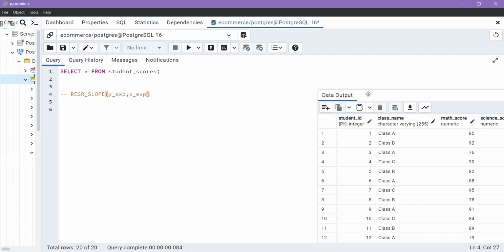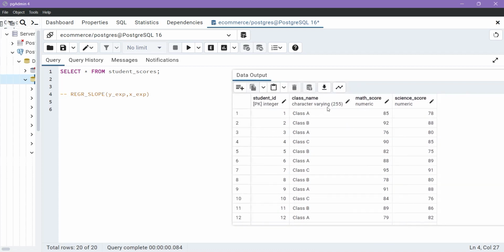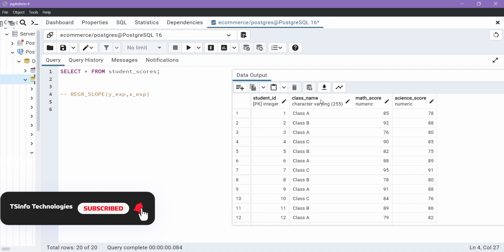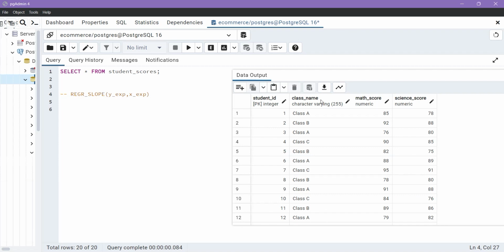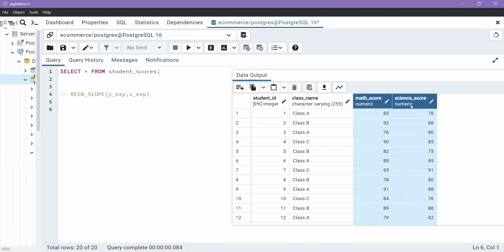For example, here we will use the table student score, which contains three columns: class name, math score, and science score. Class name contains two classes, class A and class B, and math score and science score represent the scores for each student in both classes. For example, you want to calculate the slope of the best linear regression line between math scores and the science scores. For that, type the command select, then specify the function regress slope,